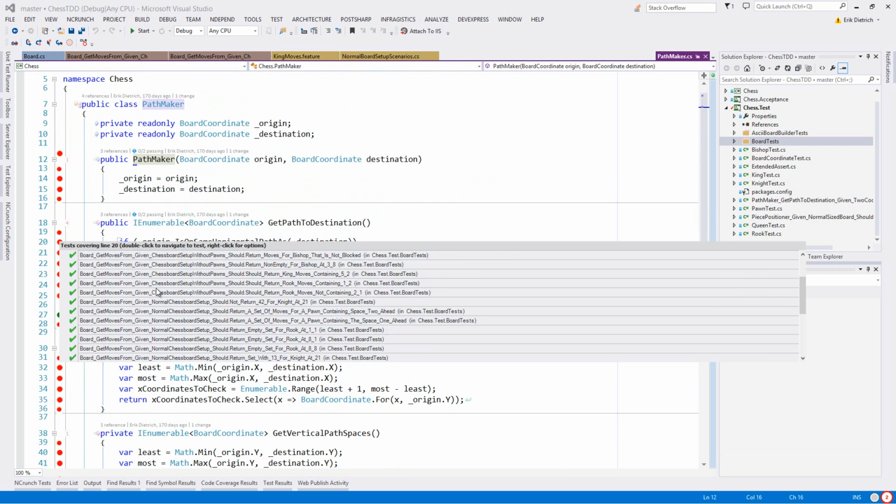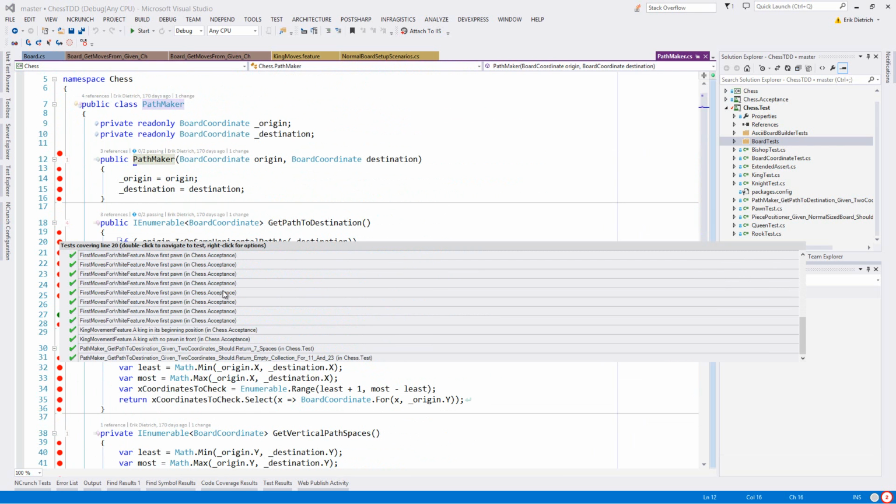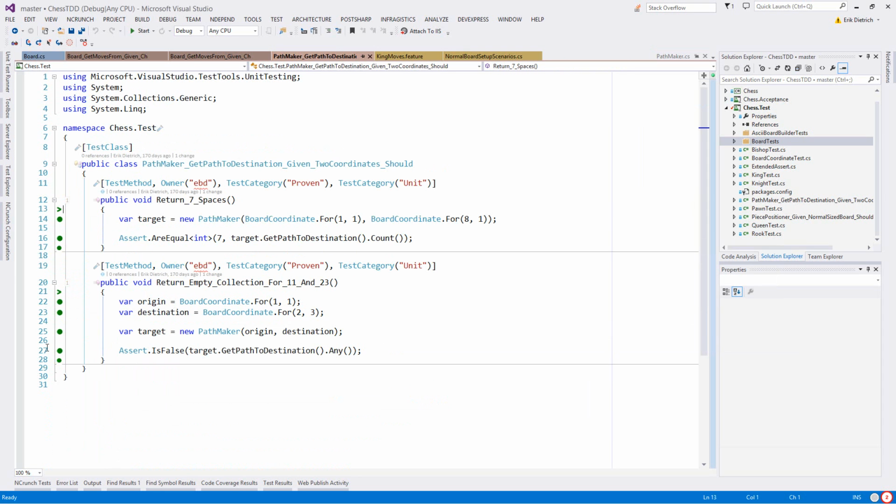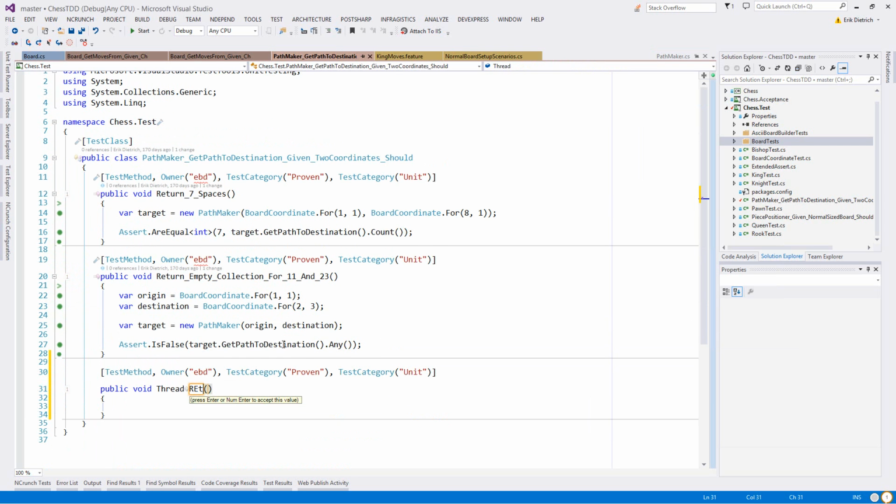So that's probably kind of a good thing. Here are the reasonably written ones that are failing. And we're hoping to make green by the end of this. And so here are the only first class tests that I've written about the path maker. So what I'm going to do is write another one. And I like the position I'm in here where I've narrowed things down. So I'm just going to start writing things that should be true, but things for which I have not made